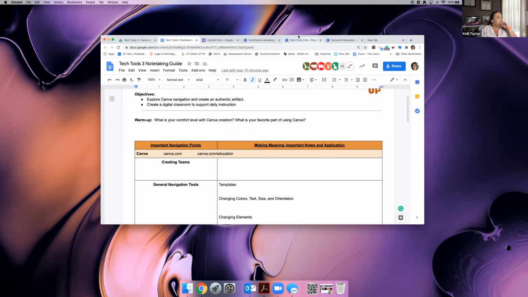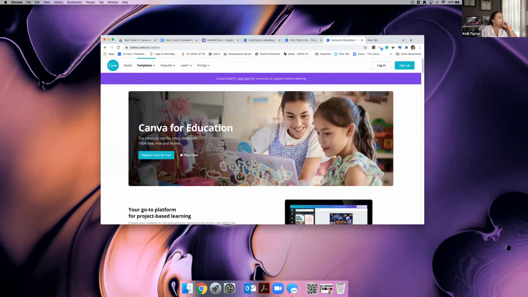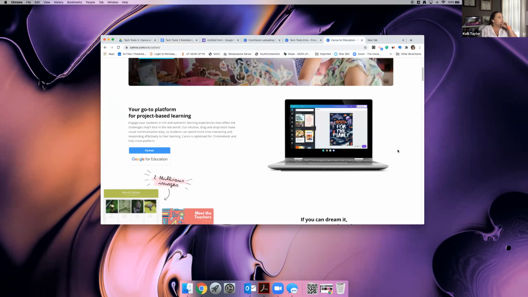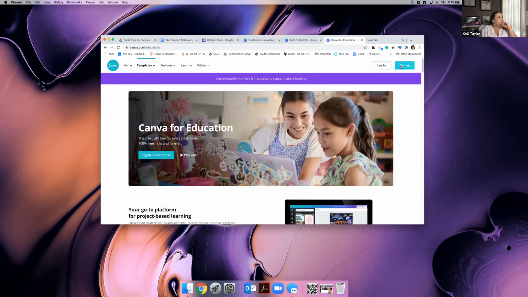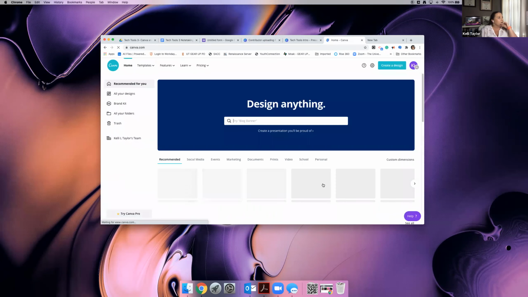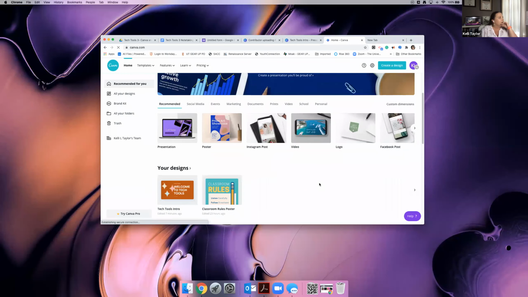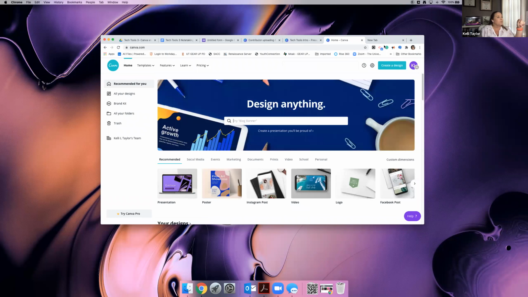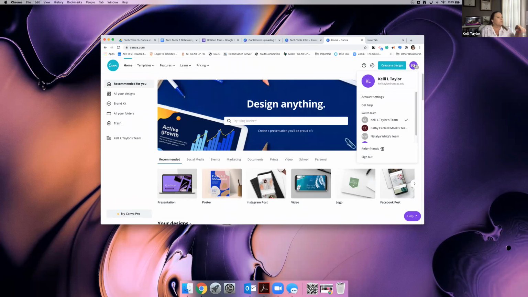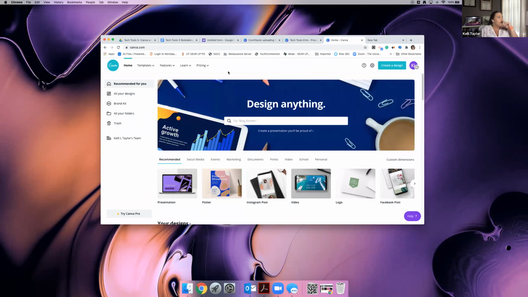So once you log in, this is the login for education. When you sign up, remember how I told you that, I'm already signed in, sorry. You'll have to do a lot when you sign up for the education, but it's worth it. So I am on my free account, and I want to show you guys, once you're signed in and you